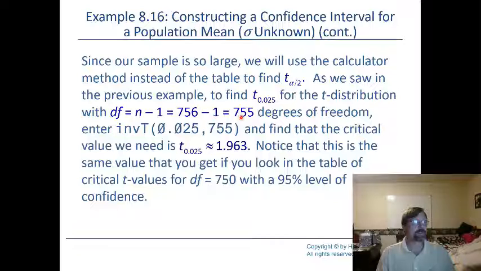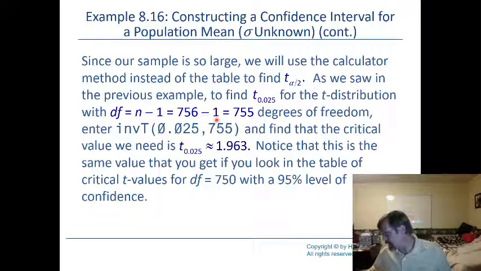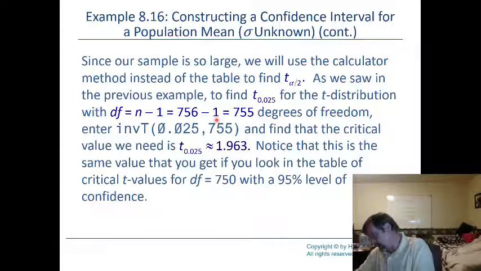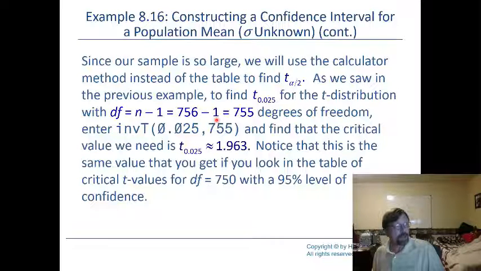756 minus 1, or 755 degrees of freedom. Again, degrees of freedom is sample size minus 1. Now, because the table starts skipping around quite a bit at that point, it looks like we got 400, 500, 750, and 1,000. So I could use the table and look up 750. It would give